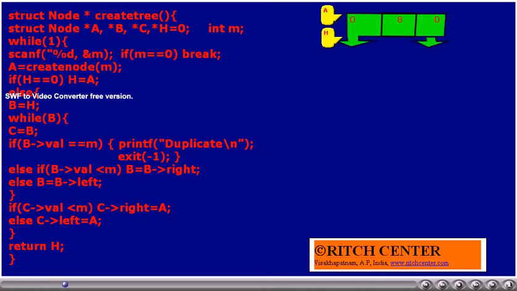Now if h is equal to 0 statement is executed, as currently h value is 0. Initially we have declared h as 0. As this condition h is equal to 0 is true, thus h is equal to a statement is executed. Thus h also becomes a pointer to this newly created node having the number 8.